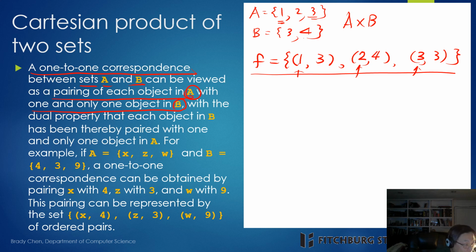Okay, so here the element 1 pairs with the element 3 in B, right? But is that 3 the one and only one object in B? The answer is no, because we have another element in A, which is 3, that also pairs with 3. So we have two elements in A, 1 and 3, both pairing with 3. So that's not one-to-one